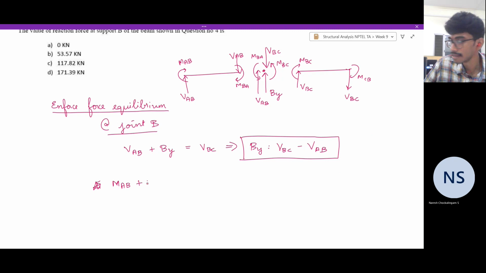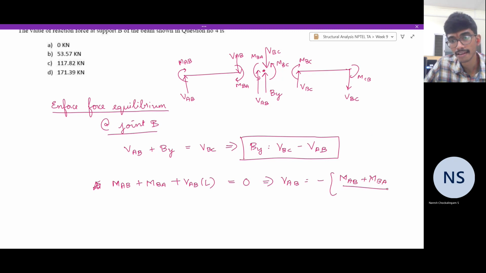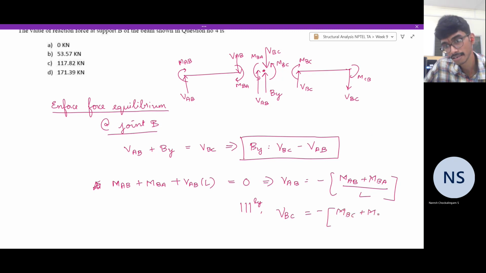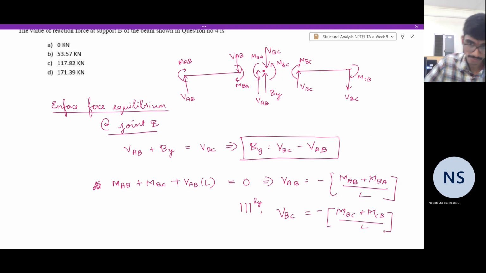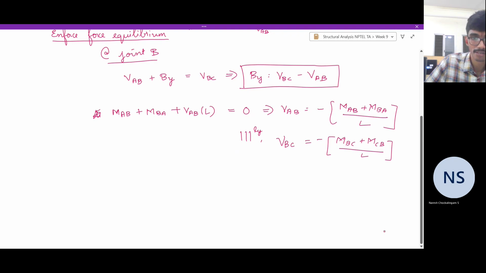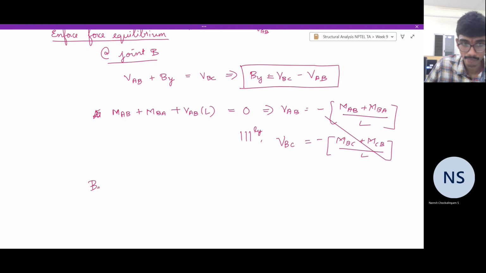MAB plus MBA plus VAB times L is equal to 0, which means VAB is nothing but minus (MAB plus MBA) by L. Similarly, VBC is nothing but minus (MBC plus MCB) by L. So as a result, if you substitute this into the expression for By, we get